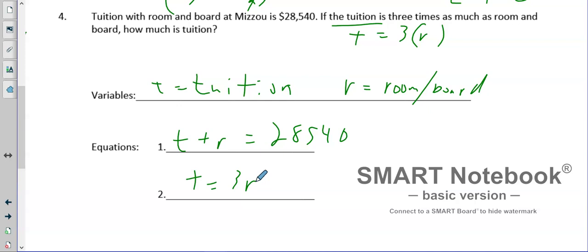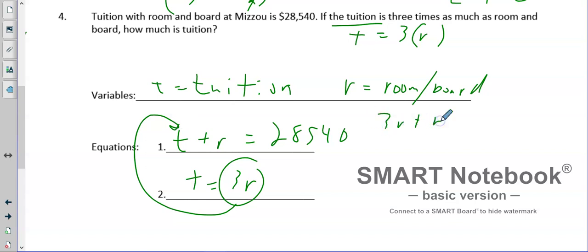Now, even though earlier I said I like to use elimination over substitution usually, this one is already set up solving for T. So I'm going to take this 3R and just substitute it in right there, which gives me 3R plus 1R equals 28,540. Well, that's simply 4R equals 28,540. So I'm going to take 28,540 and divide it by 4. And that gives me 7135. So room and board is